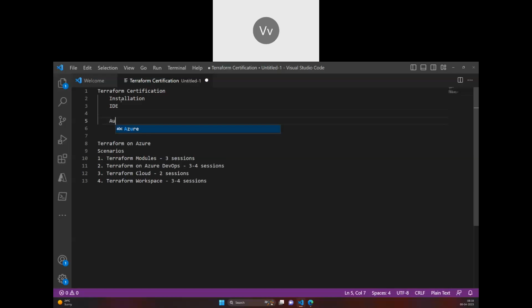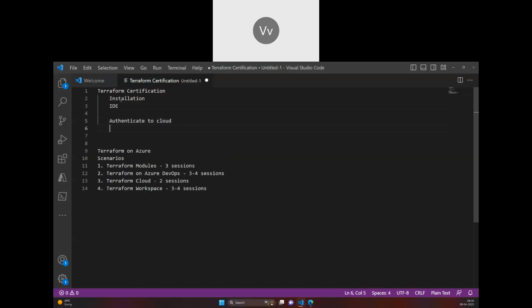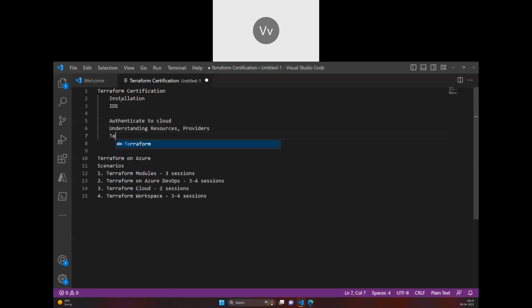And then how you authenticate to the cloud and deploy resources using Terraform, and then understanding some primary keywords in Terraform. So resources, providers, and one of the basic commands which you can ever see in Terraform.